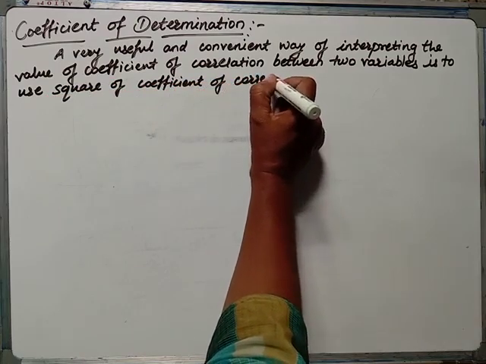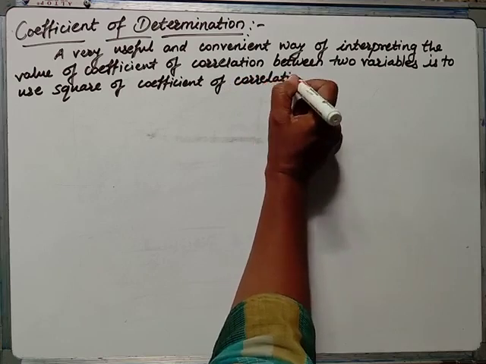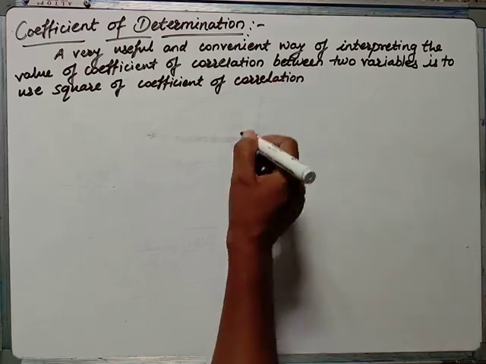Square of coefficient of correlation is a very useful thing or the convenient way to use, and